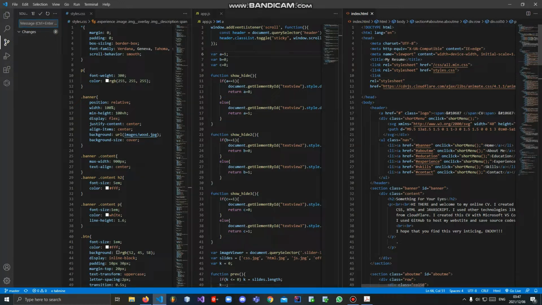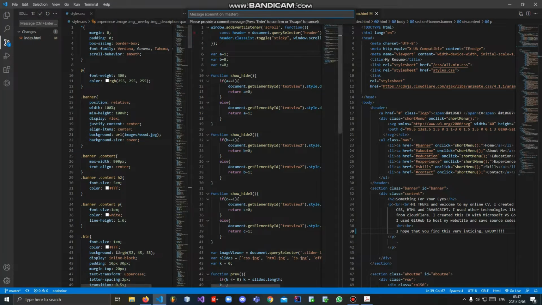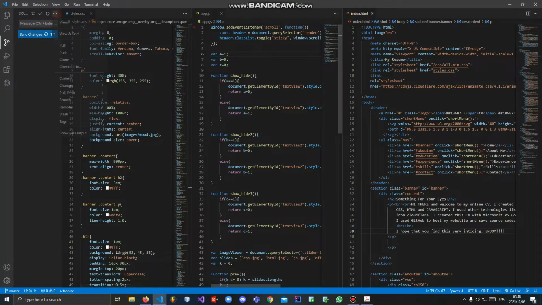When I make any changes here, for instance, if I were to add one more exclamation mark there, and then I save everything, you're going to see that it appears here that I've made one more modification. Using VS Code, I can push, pull, clone, or commit. When I click on this mark for committing, it requires a message from me to say, okay, I have done one more change. So I write my message, press enter, and push everything